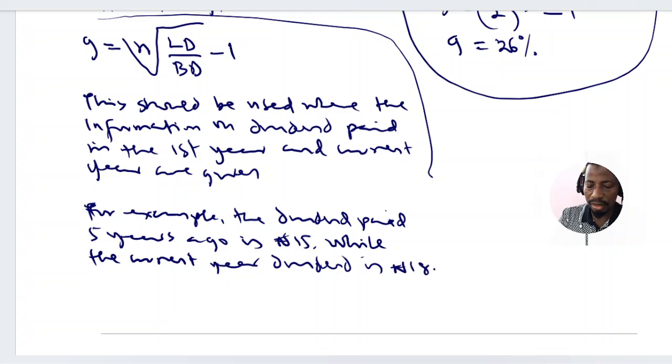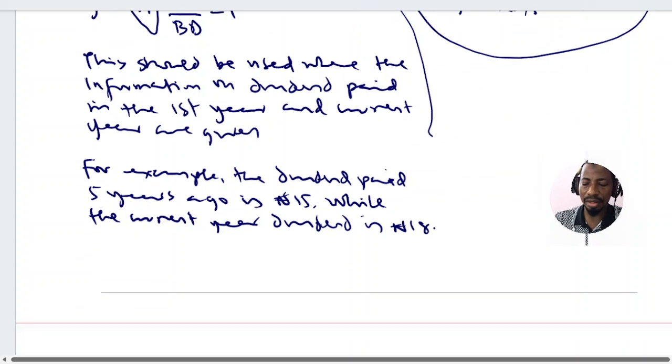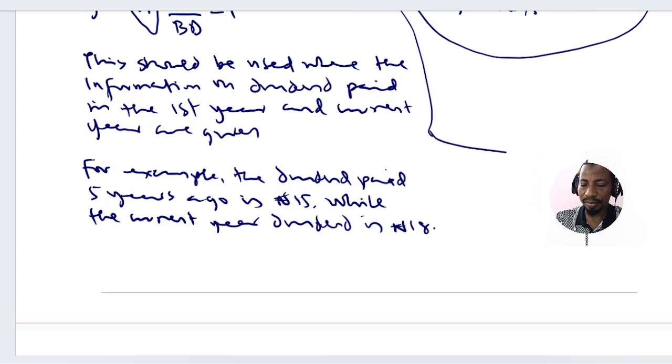Is 18 naira. So in this case, the examiner has given us the history of dividend paid. We have been given the history of dividend paid in the first year and in the current year. So of course, again, to calculate the growth rate, I would say G is equal to N into dividend paid in the current year over dividend paid in the first year